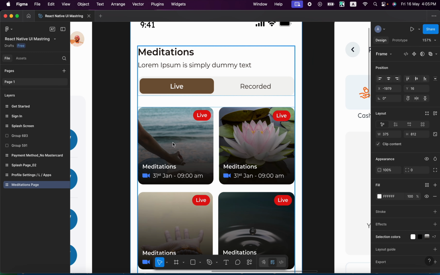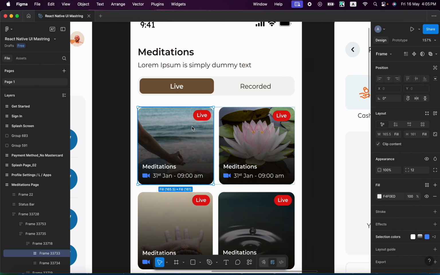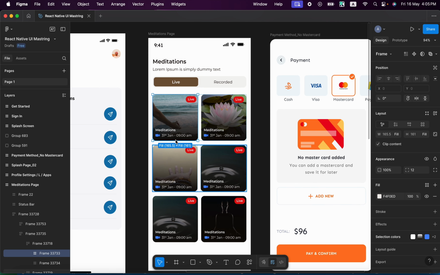In the previous lesson, we created our card component. Now it's time to render our cards in a list like this, with 2 columns. So we got here a data list. How to render them? I'm gonna tell you, but first, let me just download the data and import it to